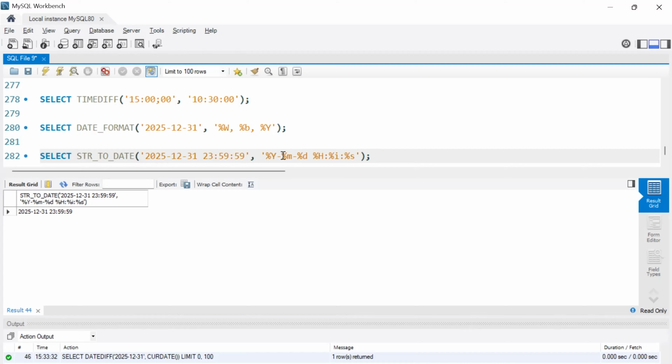Okay, to get the exact difference, I will do some changes. Okay, it is not giving a result, it is giving null, but using this we can parse the string into date. Okay,